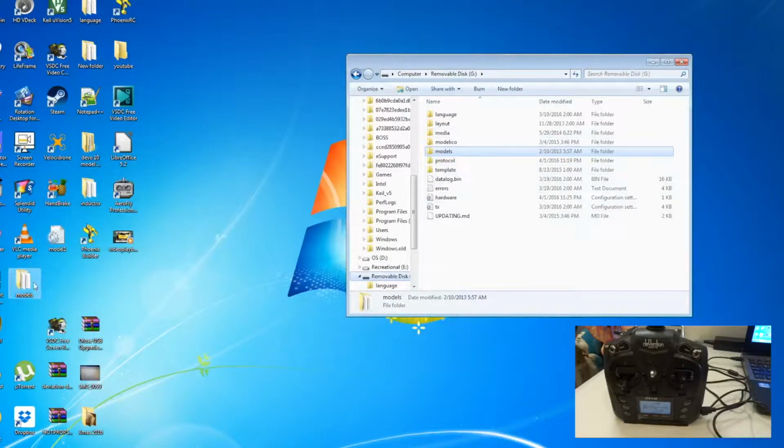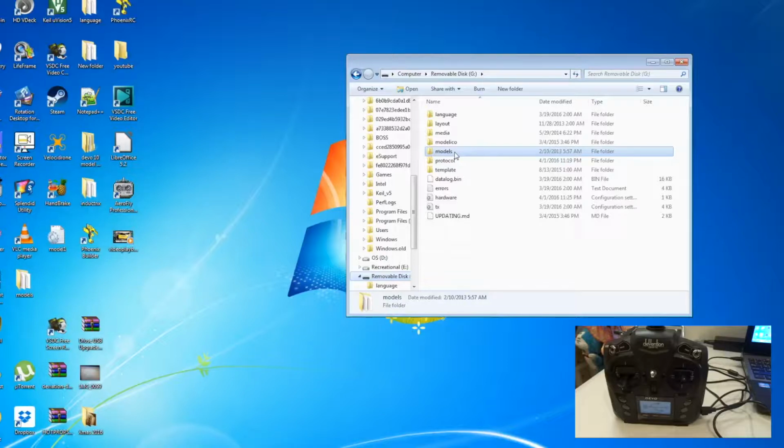So remember I dragged the models file from the Devo7E internal storage up on the desktop. So what you can do now is drag it back to the internal storage of your 7E. And then you retain all your previous model ini. Sometimes it may not work,